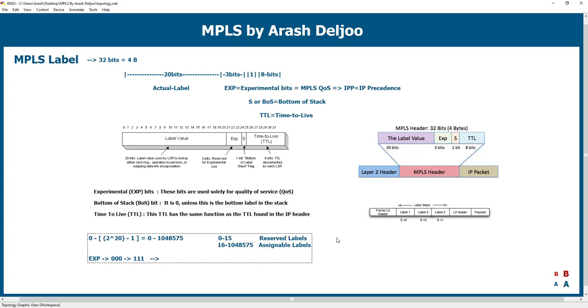In decimal, we can have a value between 0 and 7. As I said before, we use experimental bits only for MPLS QoS. Because of that, you don't need to understand the function of these bits now, but we will talk about these bits and the function of these bits